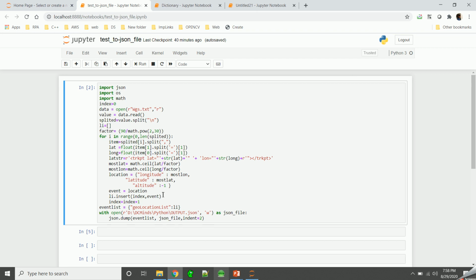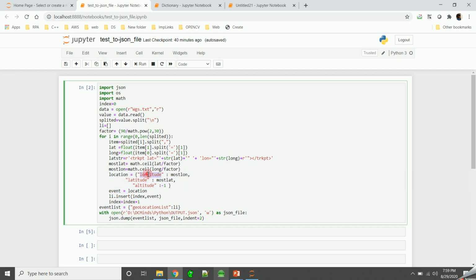So here the requirement was that I have a file, and from that file I have to read some values and convert them into JSON format. When you want to write data into JSON format, at that time we have to give the input as a dictionary. So basically I am using the dump function of JSON, and I have to give a dictionary as an input. So what I am doing over here, if you see, is creating a dictionary. Basically I am doing some processing and then creating a dictionary.